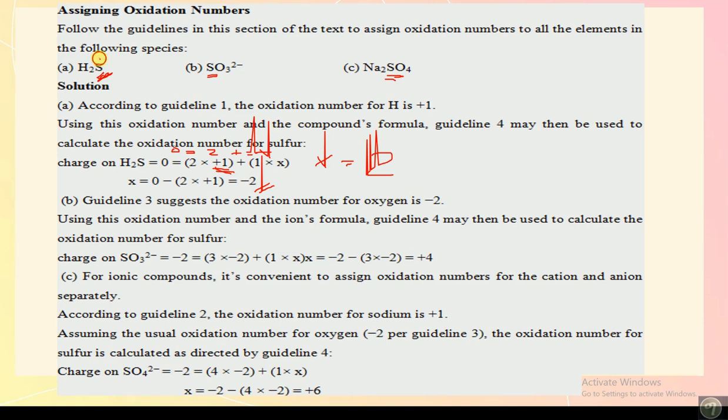is equal to 0. If you find the value of x, we will get x is equal to -2. So sulfur here has an oxidation state of -2. Now for sulfite, SO3, the charge of the whole ion is